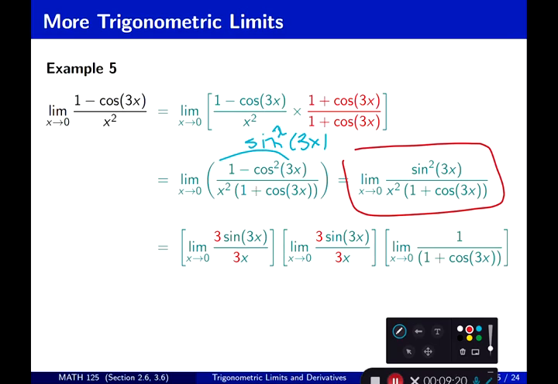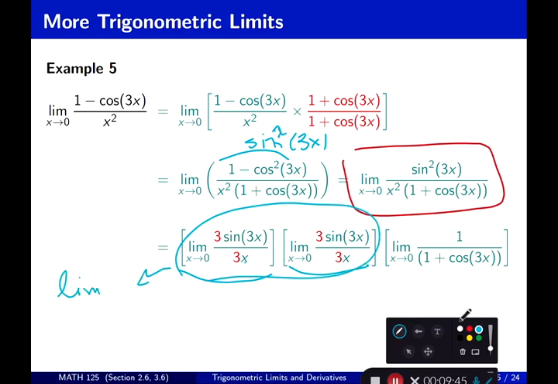So maybe I can separate each one and see how it goes. So that's what we do. First, we put the limit as x approaches 0 of sine of 3x over x, another limit as x approaches 0 of sine 3x over x,